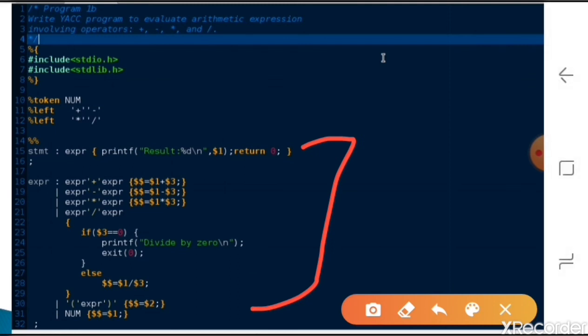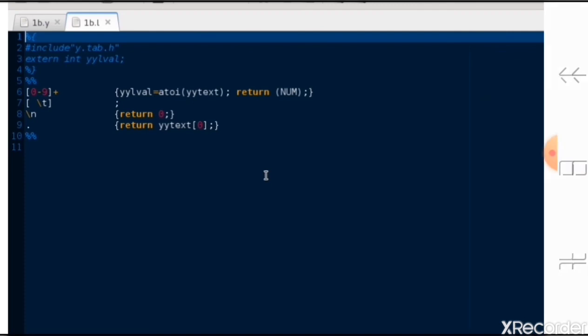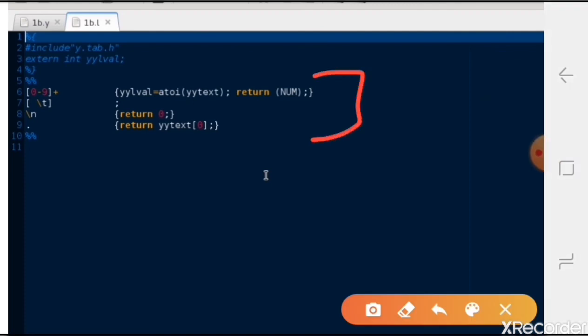Inside yyparse, it will always wait for input from the lexer. When converted into C, the first statement reads the input from the lexer, so at that time it goes to the lex part. The converted lex part checks whatever input is coming to see whether it is a token or not. Now we are checking only for numbers, and other than that we are not doing anything. The dot operator is returned as it is. If it matches a token regular expression, we send it to our grammar.